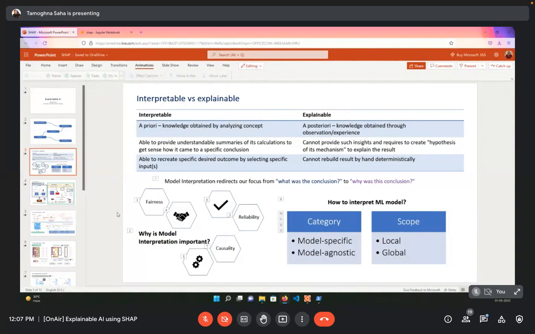And I will definitely recommend you to read the SHAP docs, the documentation of SHAP. They have a lot of details, a lot of explanations, and you will also be getting an idea about fairness of the model, the bias part that I was talking about. So all of those things have been mentioned in detail in that SHAP documentation, so you can definitely go through that part. And with that, I'm done with the presentation.